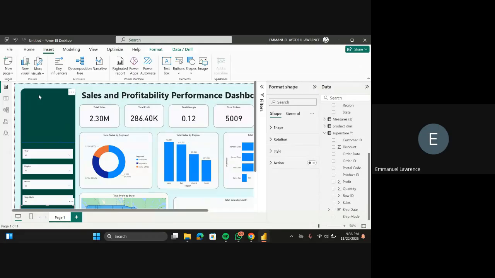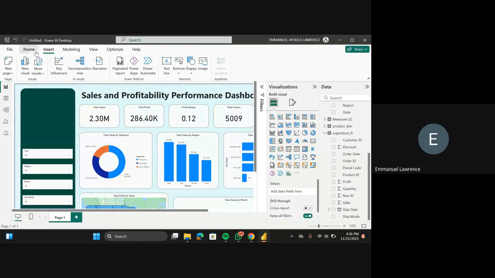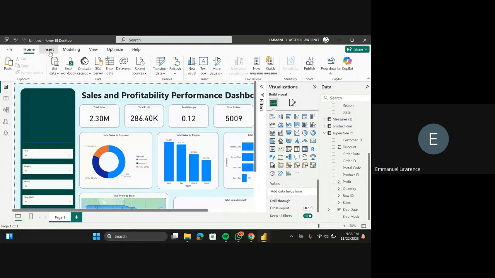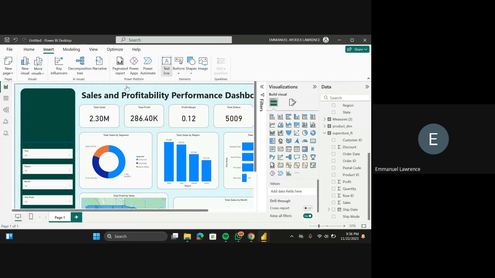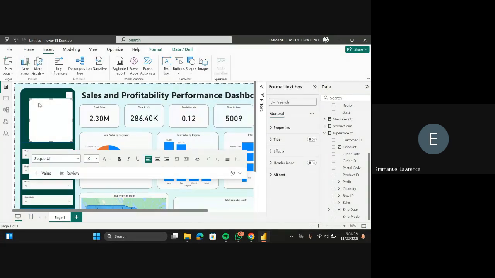So now what I'm going to be adding is a little title here. We're almost done. A little title. So I'm going to come to home. Sorry, rather insert a text box, right? So I'll call this Superstore Dashboard. I'll call it Superstore Dashboard, right? Superstore Dashboard. I will increase the number to 32.